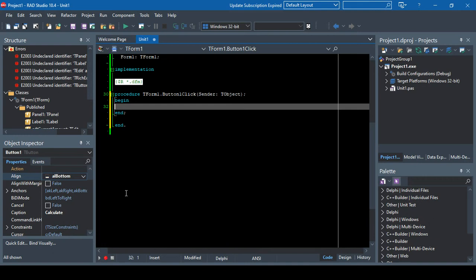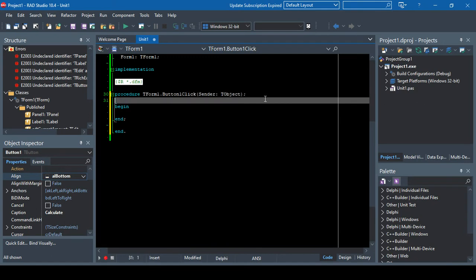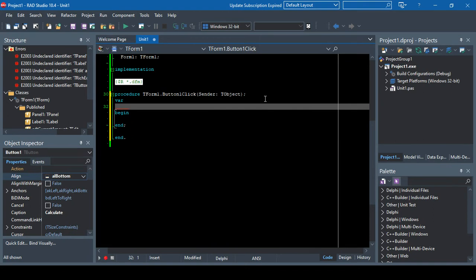Before we write our code, we're going to need some variables. As we said before, we cannot write code without variables. So to declare variables, we come here under the procedure, and you have your var section there. What are we going to need? We're talking about money here, so which variable type are we going to use? Real, you got it. That's right. So we have our amount,